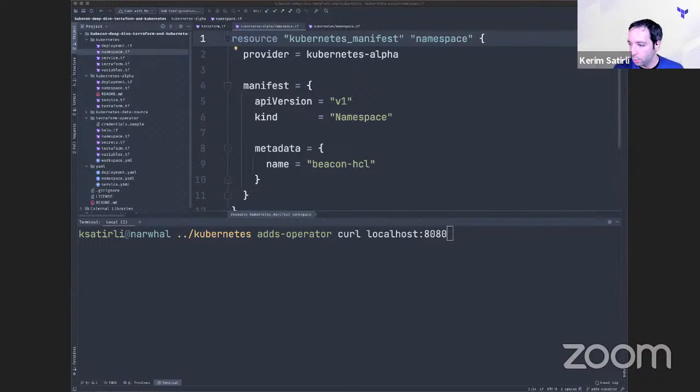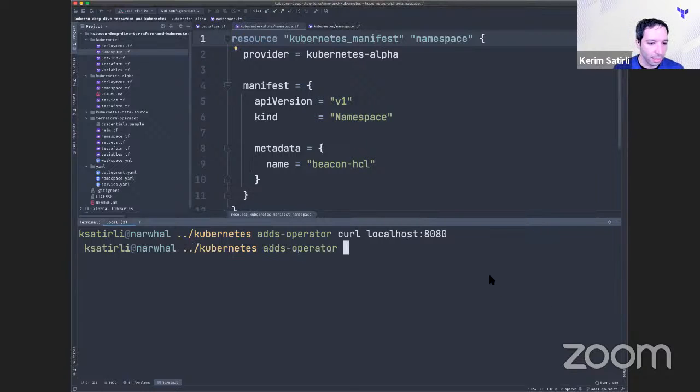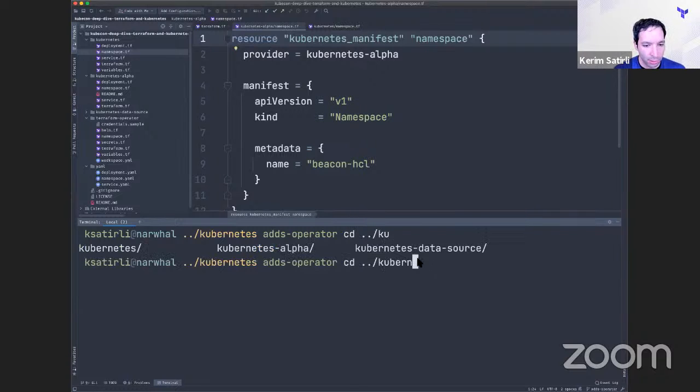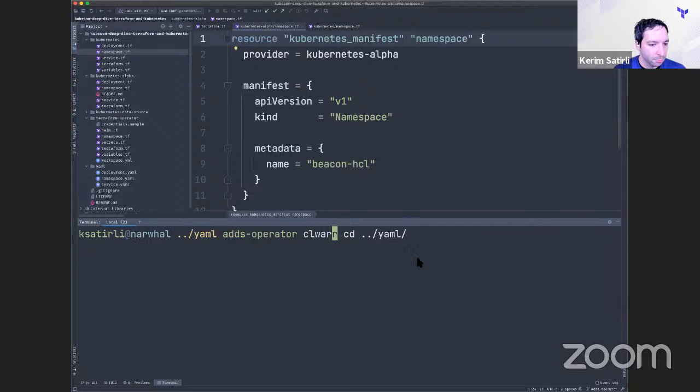Now, of course, the question is, how do you go from YAML to describing it in Terraform code in HCL, so the HashiCorp configuration language? And that's an interesting question. There's a couple of nice tools around this. Probably the easiest one, if you have Terraform installed, is to just take the Terraform Console. And so we'll go into the YAML folder. And in here,